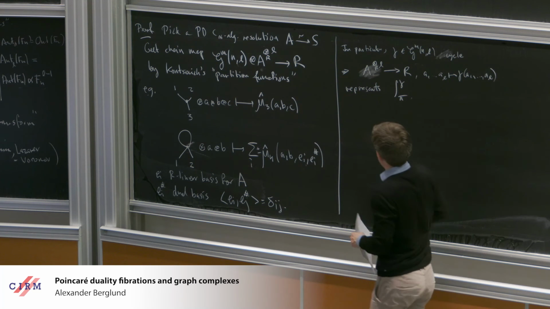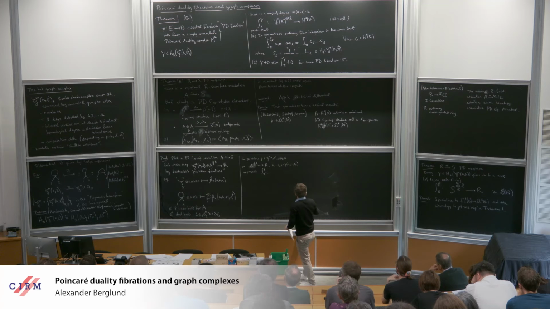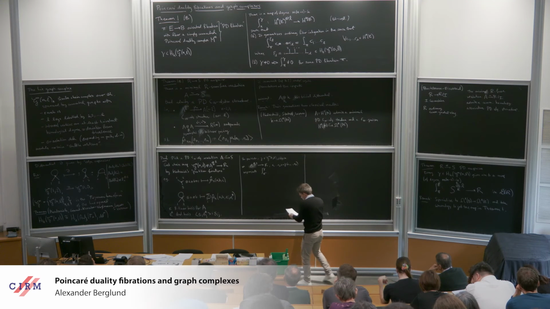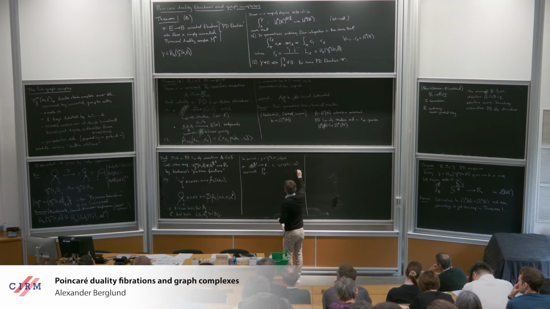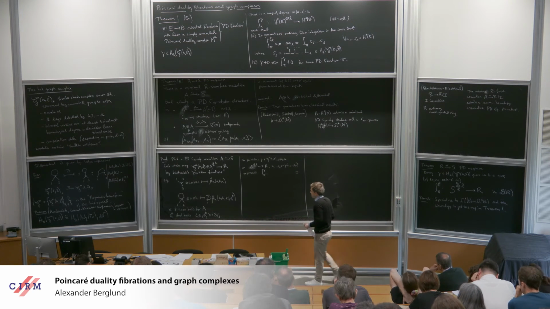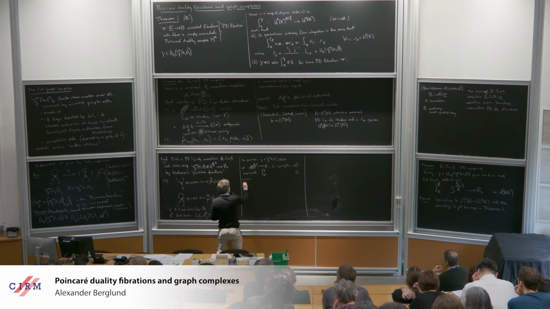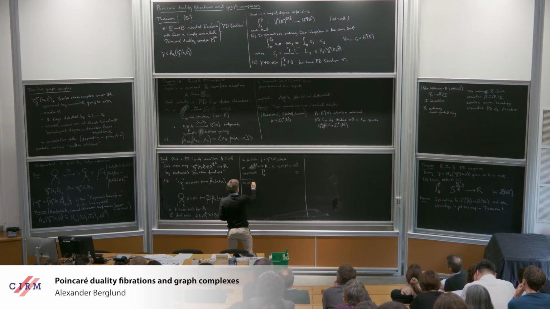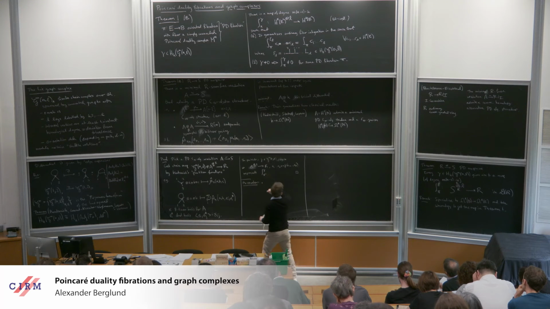Right, and I mean A is a cofibrant resolution, so this does represent a map in the derived category. So that's an indication of how the proof goes. And there are some observations to be made here. So the first observation is that this map in the derived category